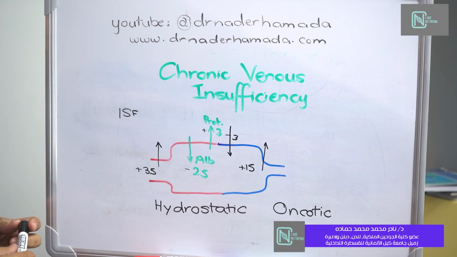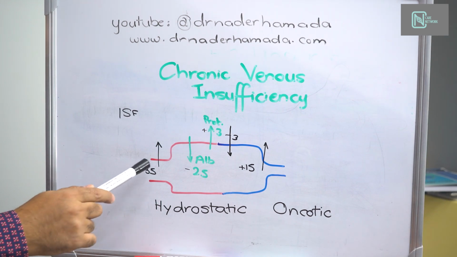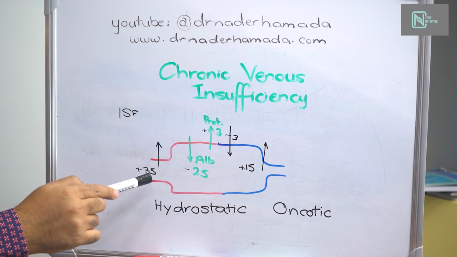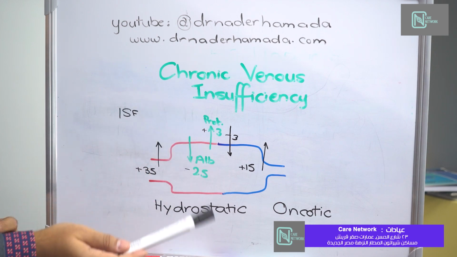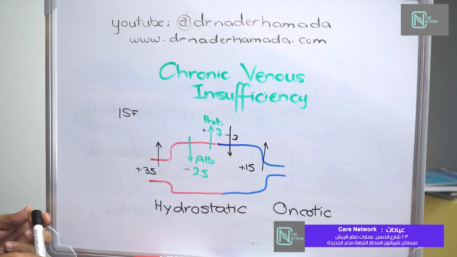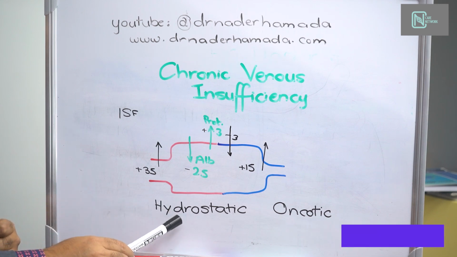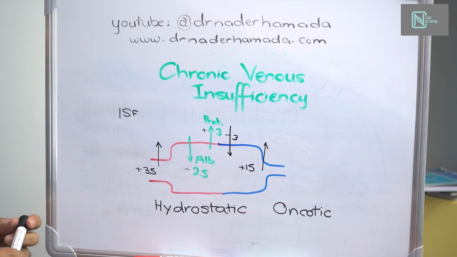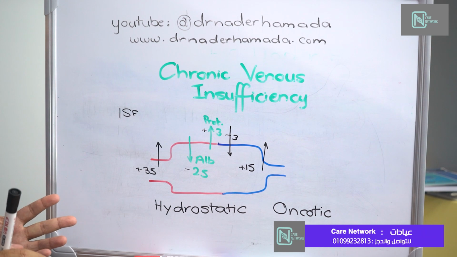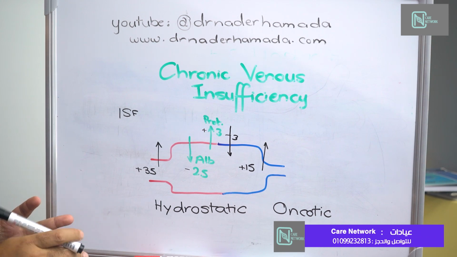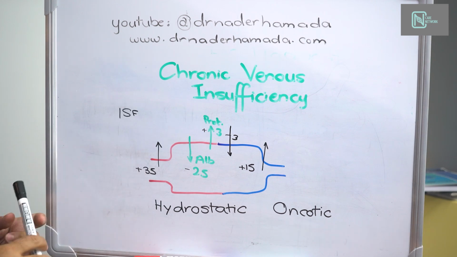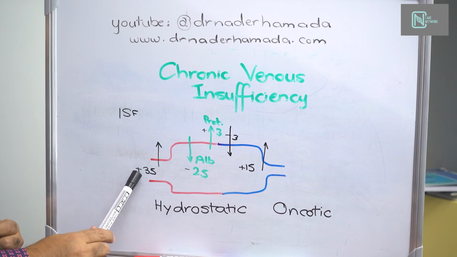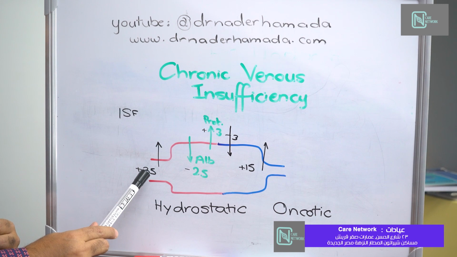If you remember your lessons in physiology, there were two major driving forces to move fluids from inside the arterial end of the capillary towards the interstitial fluid, and to move the fluids from the interstitial fluid back to the circulation. These forces are mainly hydrostatic pressure and oncotic pressure. The hydrostatic pressure is pure physics. It is the pressure exerted by the fluid inside any container that tends to get this fluid out of the container. So on the arterial end of the capillary, there is roughly about 35 millimeter mercury pressure,